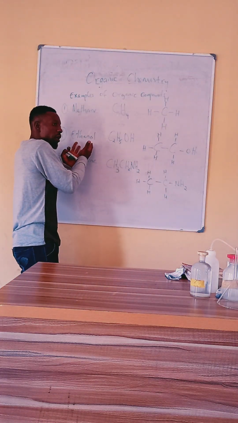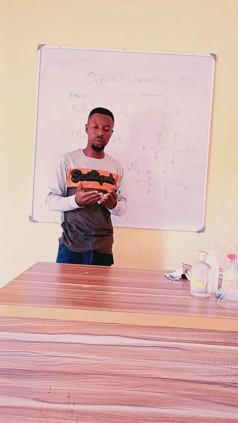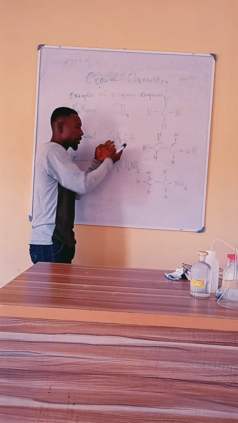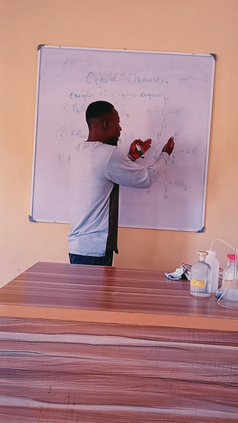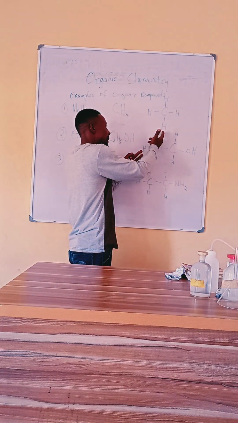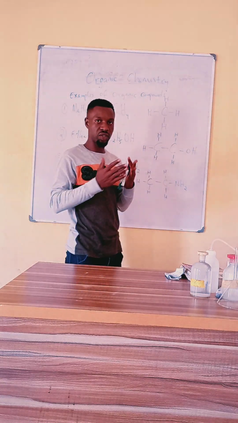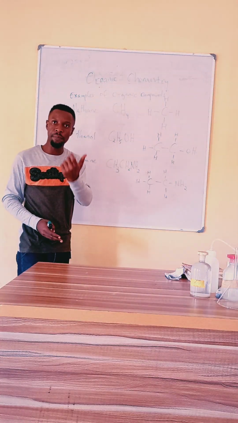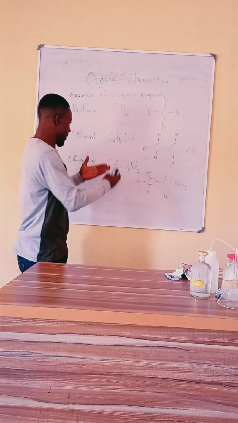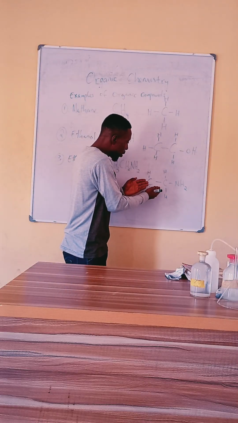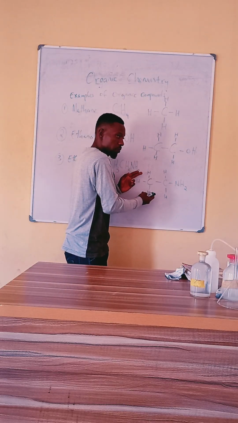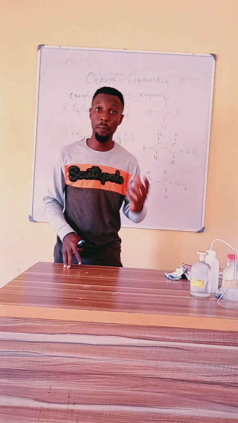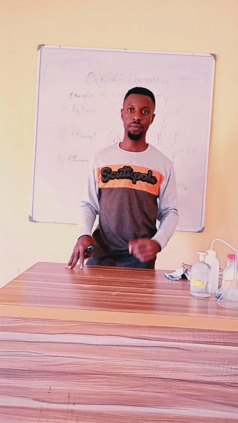Ethanol is another class of organic compound known as alkanols or alcohols, and this is the molecular formula of ethanol. If you open this structure, you discover that the carbon atoms in ethanol are directly linked to hydrogen atoms. If you also look at the molecular formula of ethanamine, which is another class of organic compound known as amines, you will see that carbon is also directly linked with hydrogen atoms, which is a criterion that qualifies a compound to be known as an organic compound.